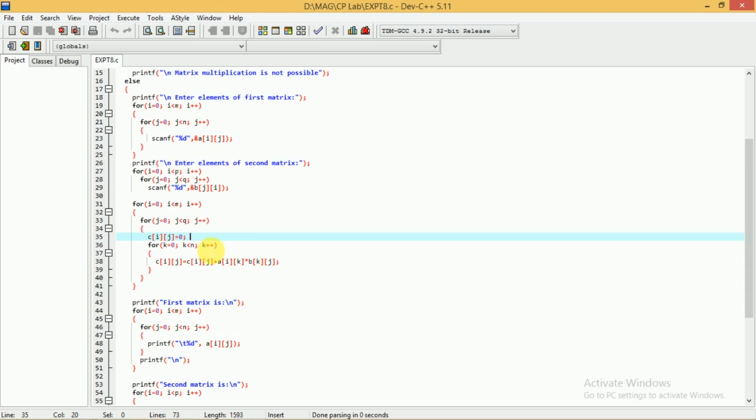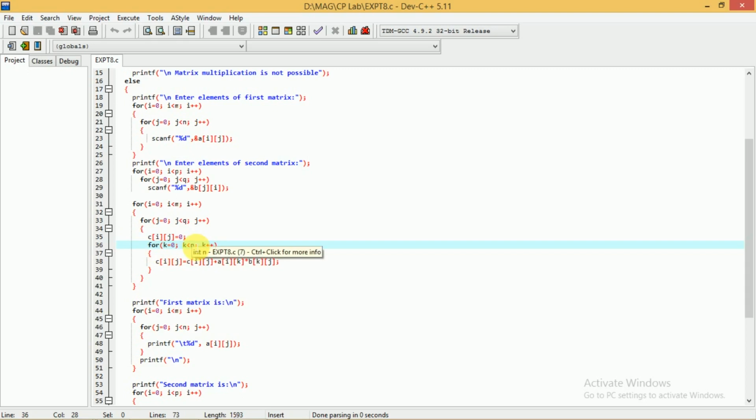We have to consider the row and column, so we take one more for loop here: for k equal to 0, k less than n, k plus plus. And the statement is C of ij is equal to C of ij plus A of ik into B of kj. Try to remember this.